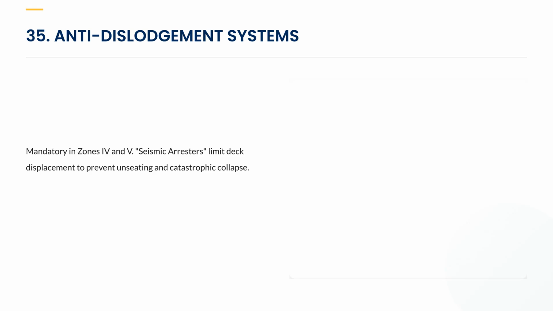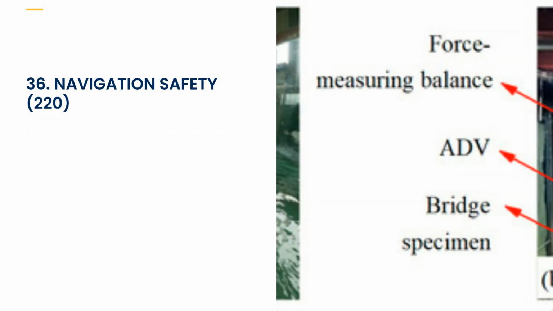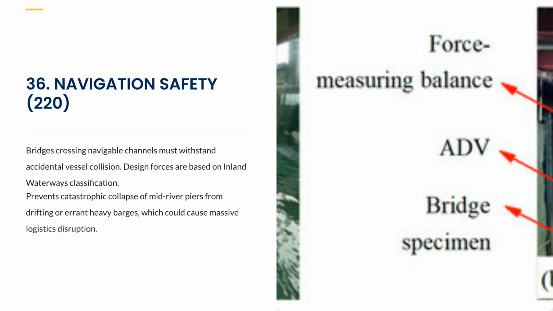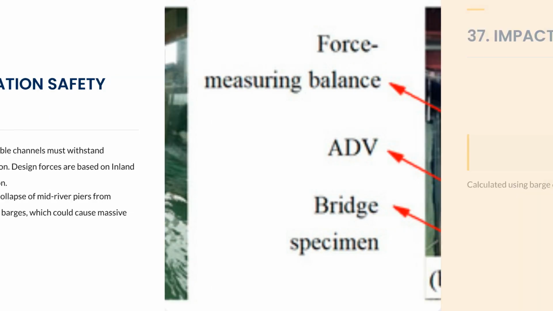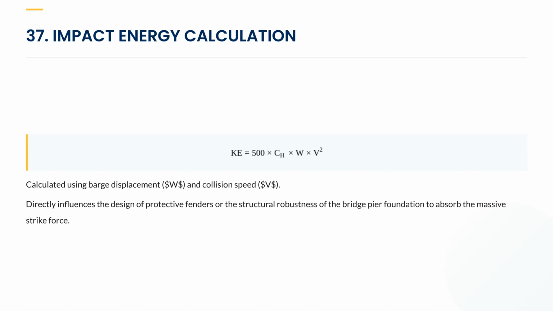Seismic arresters limit deck displacement to prevent unseating and catastrophic collapse, ensuring the span remains physically connected to the pier, even if bearings fail. Navigation safety, 220, requires bridges over navigable channels to withstand accidental vessel collision. Design forces are determined based on the Inland Waterways classification. Impact energy calculation uses the barge displacement, $W$, and collision speed, $V$. This value directly influences the design of protective fenders or the structural robustness of the bridge pier foundation to absorb